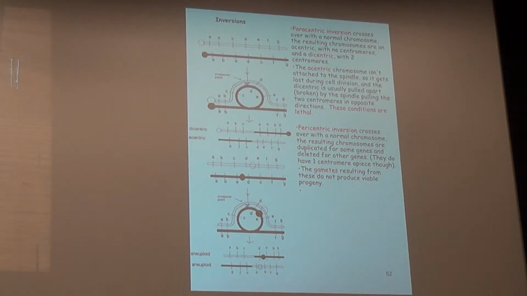If it happens outside the inverted segment, there's no loss of genetic material, because the inverted segment still has all of the genes. Now let's look at another gross chromosomal rearrangement, and that is